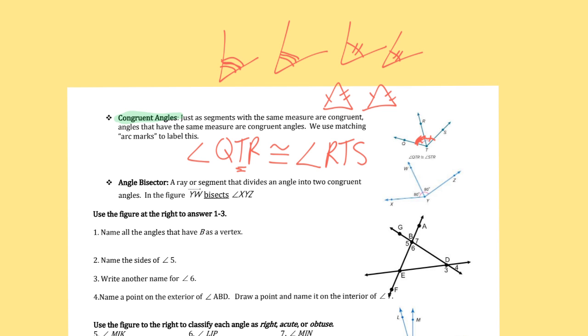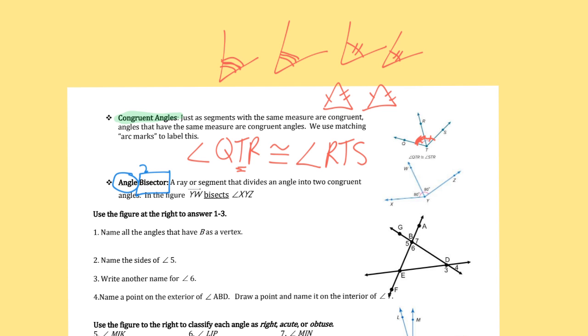All right, we're getting some more vocabulary, and then we're going to practice. An angle bisector is going to be a ray or segment that chops things into two congruent angles. You're like, that's a lot of words. Stop talking. Okay, let's go with this. So first of all, take an angle. Okay, if you bisect something, bi means two. Sect means chop. So chop in two. So an angle bisector is when something chops an angle into two